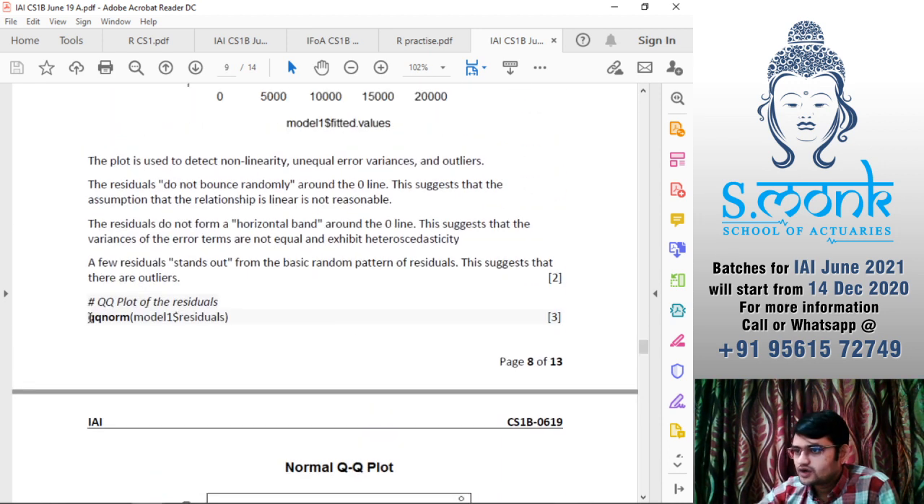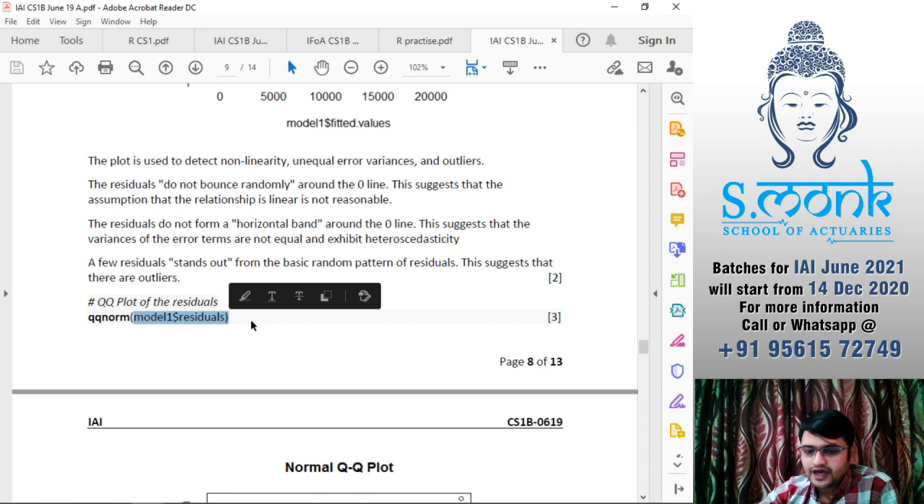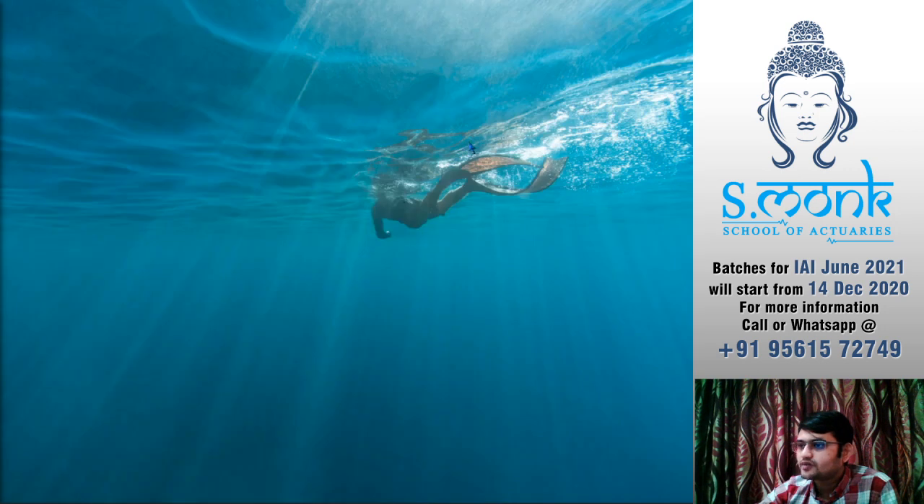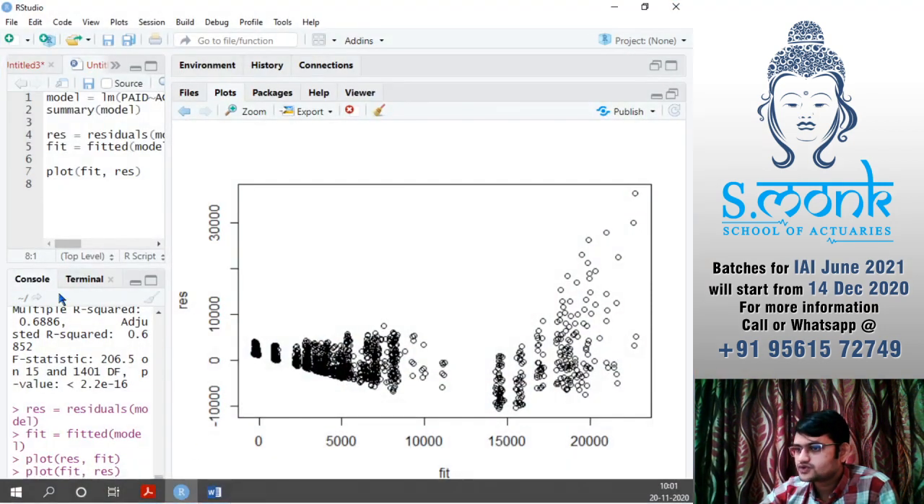This is your formula. See, qqnorm of model residuals, or we have calculated residuals separately, so you can directly write res here. qqnorm just compares it to a normal distribution. So if I use qqnorm here,